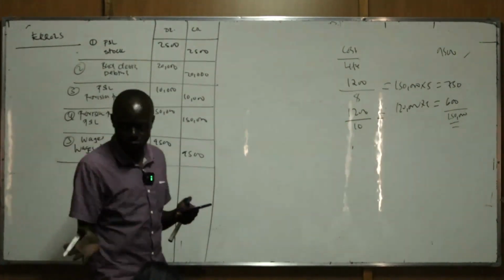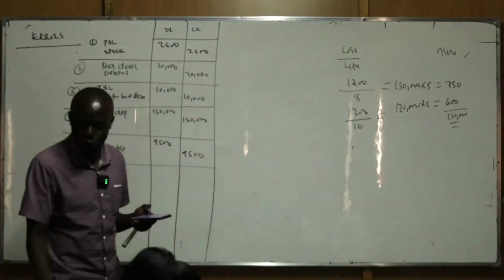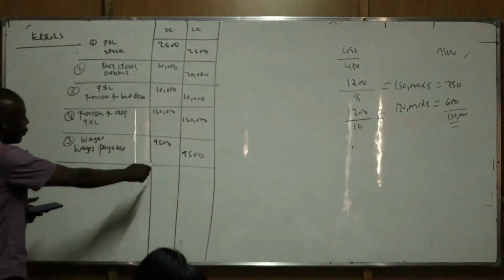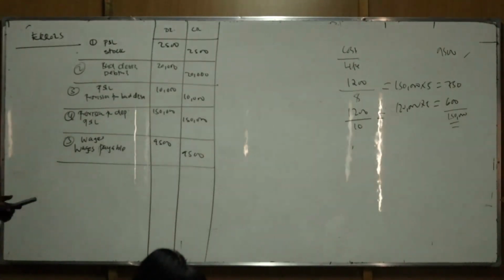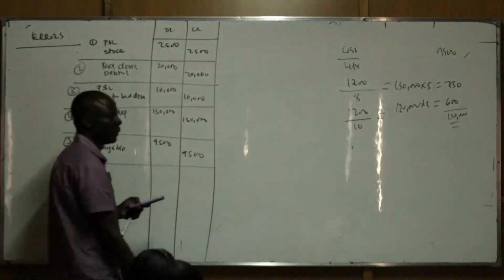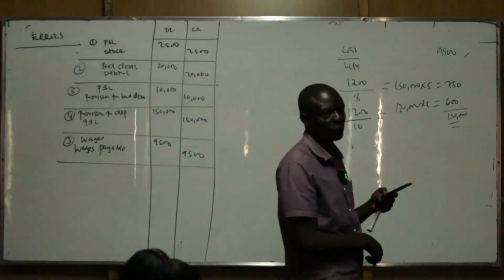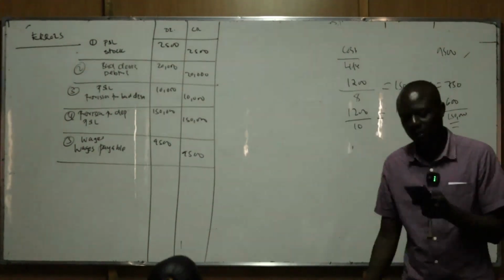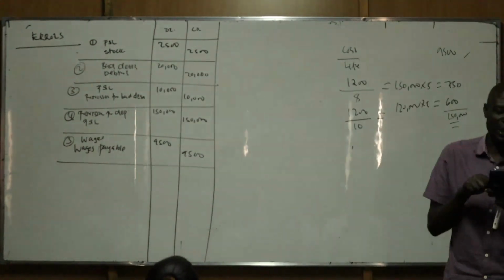It is not in the books. Now you put it in the books. How do you put it in the books? You debit the wages account and you credit wages payable or accrued wages. So this portion that is not yet paid will be transferred to the statement of financial position as a liability. That is number